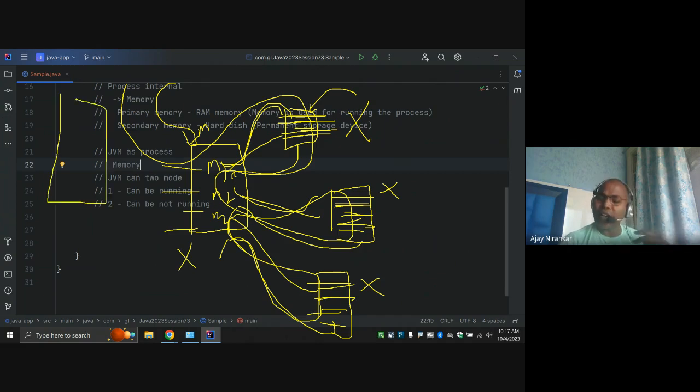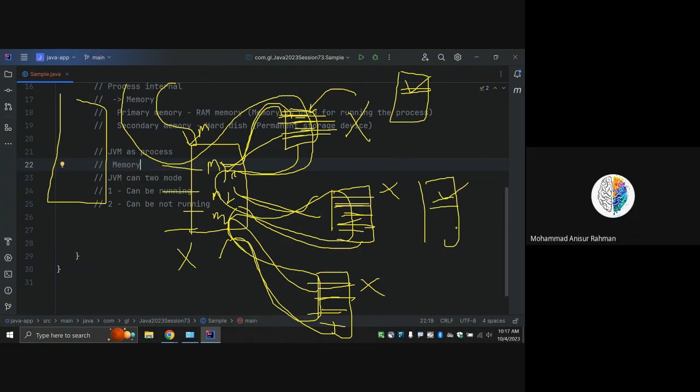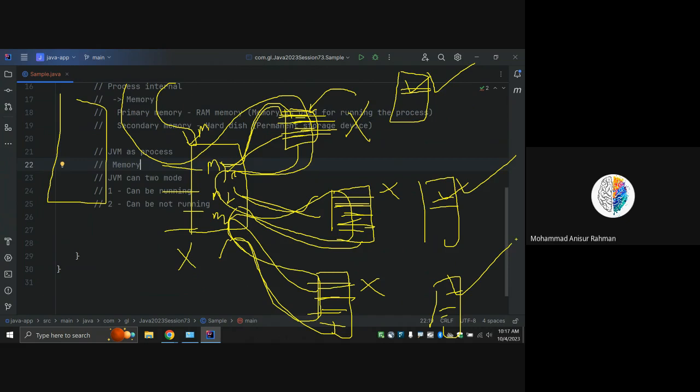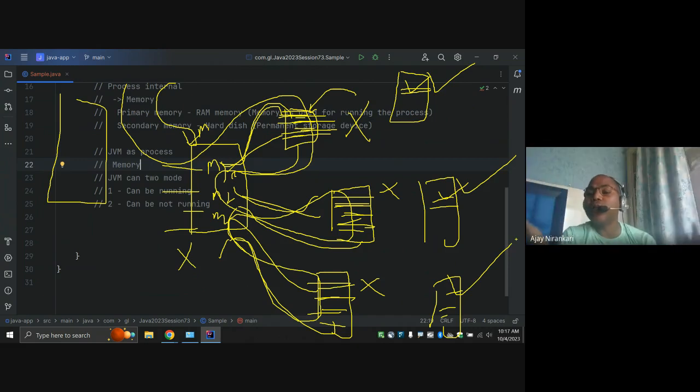Here, can a developer do this: if this code is started, this can also start simultaneously? This line also printed, this line also printed. So I can say yes, it is possible in Java. This is also going to run, this is also going to run. This is known as multi-threading.